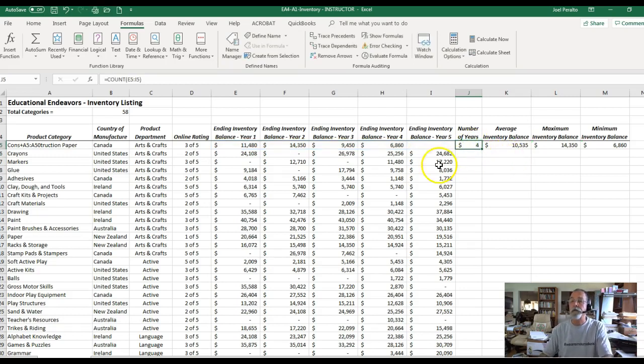Now we do have a formula here, count E5 to I5, and currently only 4 out of the 5 cells have a value, so number of years is showing as 4. Once this 5th year is filled in with a value, the number of years should change to 5. Okay, good hint. Number 4, copy the formulas in the range J5 to M5